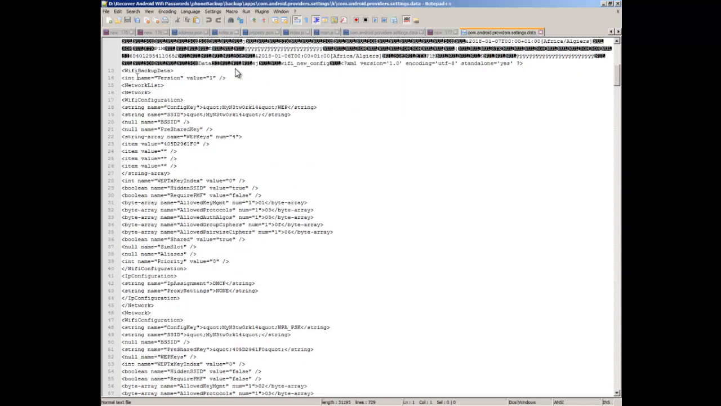Move down a bit in this file and you can see the Wi-Fi backup data. Here you can find all the Wi-Fi stored on your device. So you can see here is the SSID, the pre-shared key is the password for the Wi-Fi,